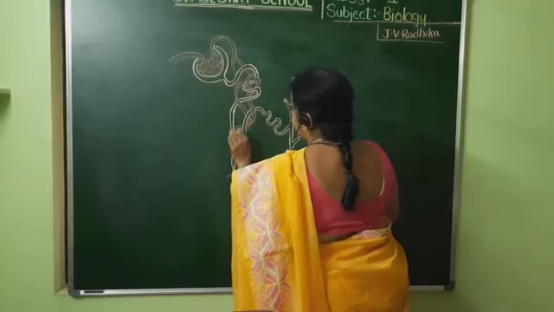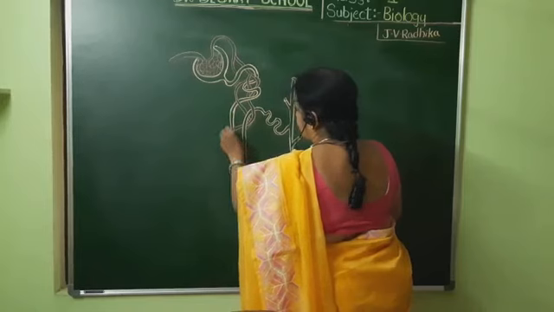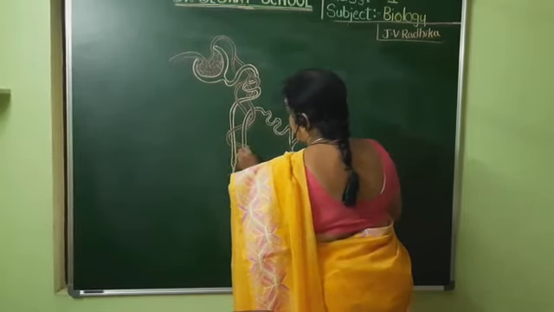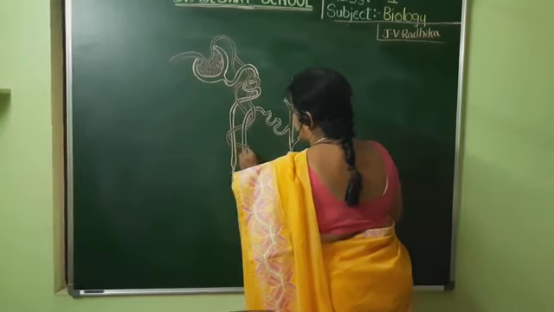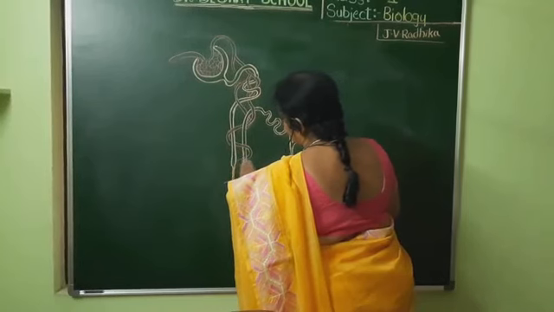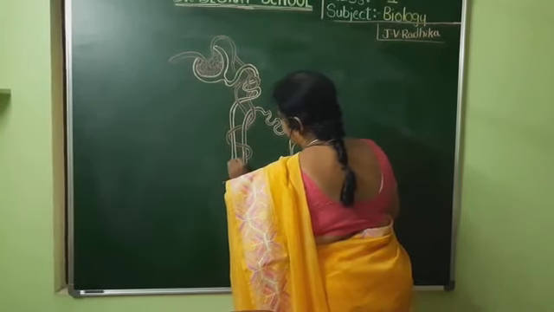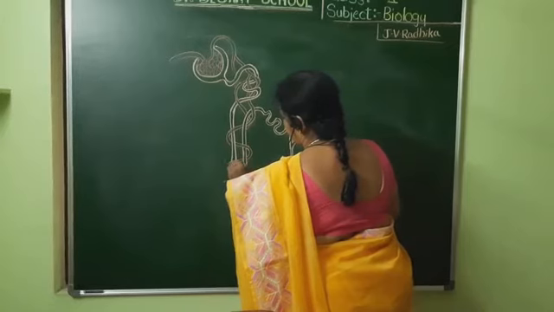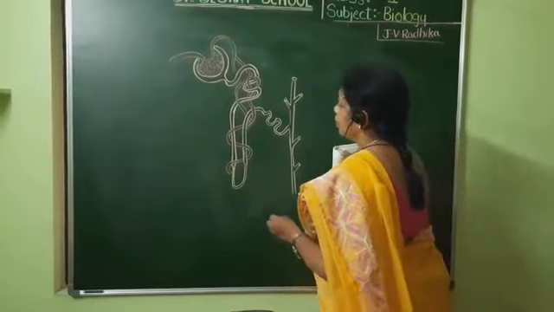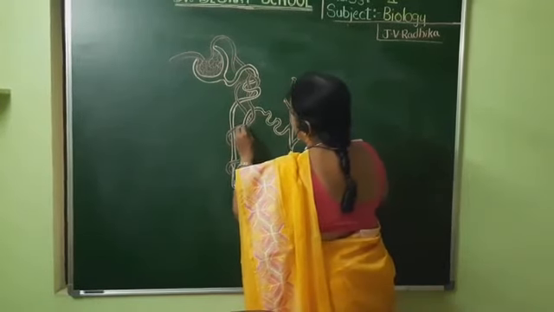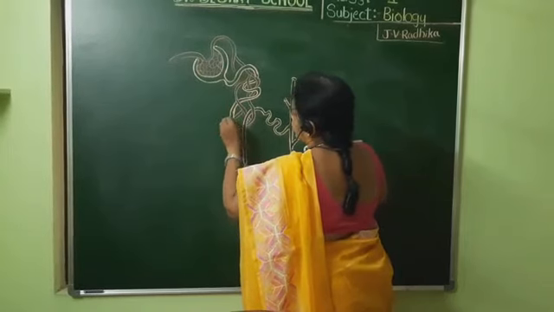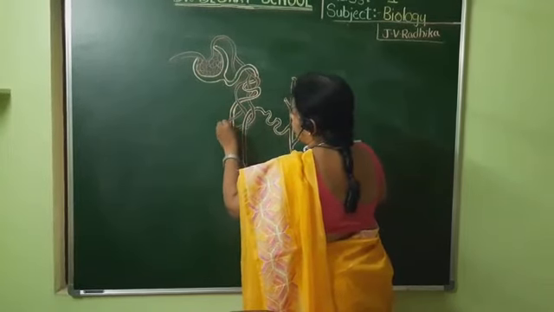Here you can see the peritubular network, as if it is folded all around that. For your understanding, you can just keep drawing as if a rope is wound around that. Then it becomes easy for you to draw the diagram in very little time. Like this you can see.